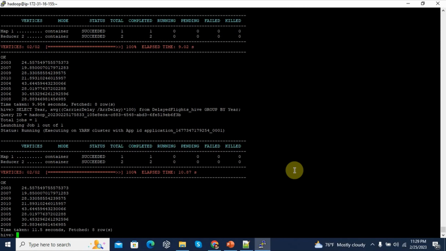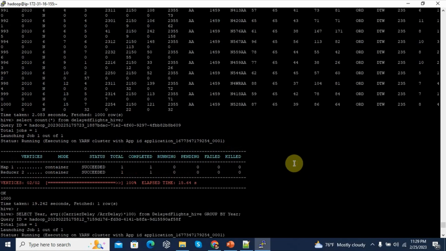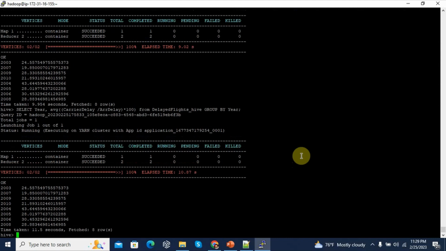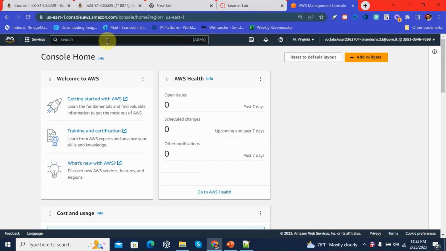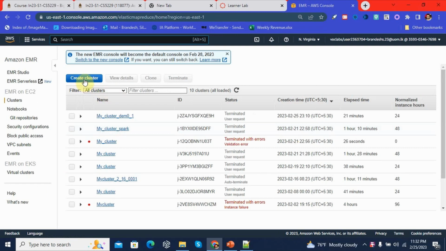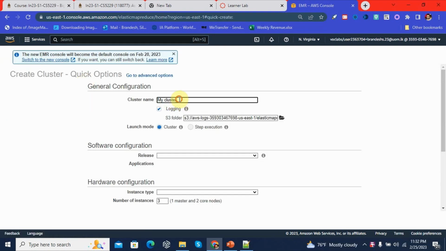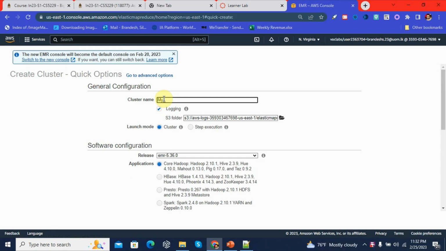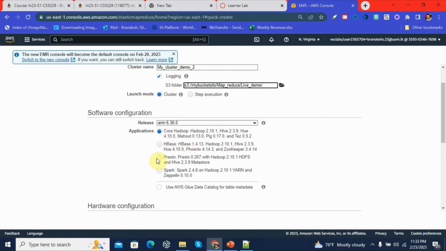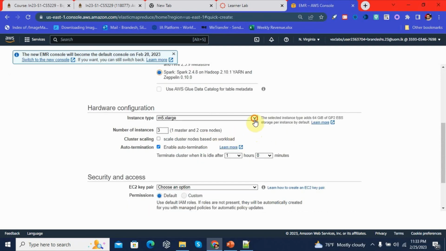So good, cool. So this is pretty much all regarding the MapReduce. So let's move to the Spark application, where I am going to the EMR cluster here. You can simply type EMR here, and you can create one cluster. I will rename that as EMR_cluster_demo_2 or something. And here I am selecting the Spark application, and here then I will select